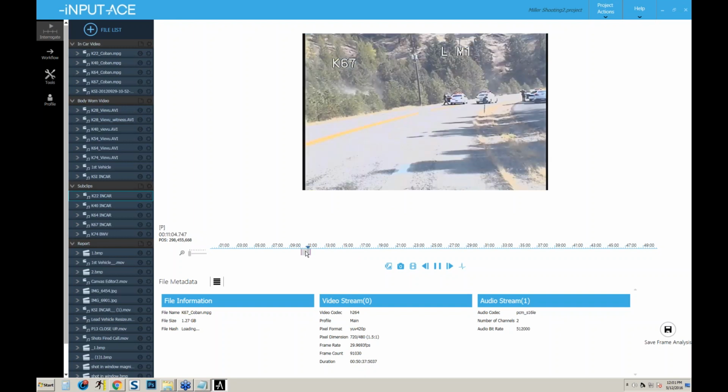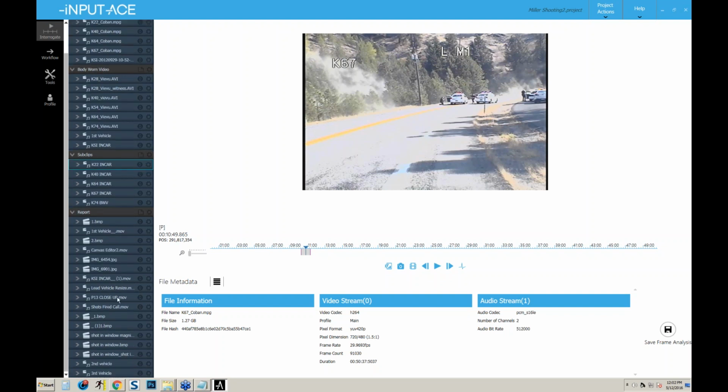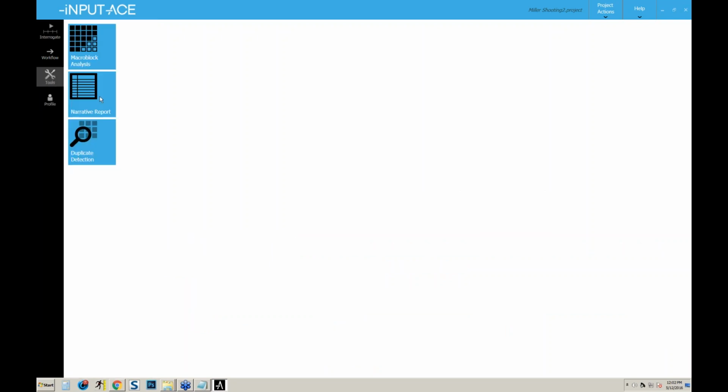So this individual here that we see ahead, it's now parked off on the side, was taking shots out of his car at random pedestrians. So the police get involved in the chase. He's swerving in and out of oncoming traffic, and then they end up shooting his car with about 84 shots. The main question in this case was who shot first. The family was suing the city, alleging that the police had opened fire on his vehicle and that he hadn't shot. So by organizing everything in iNPUT-ACE, by creating a bunch of marked images and subclips, we're able to, within